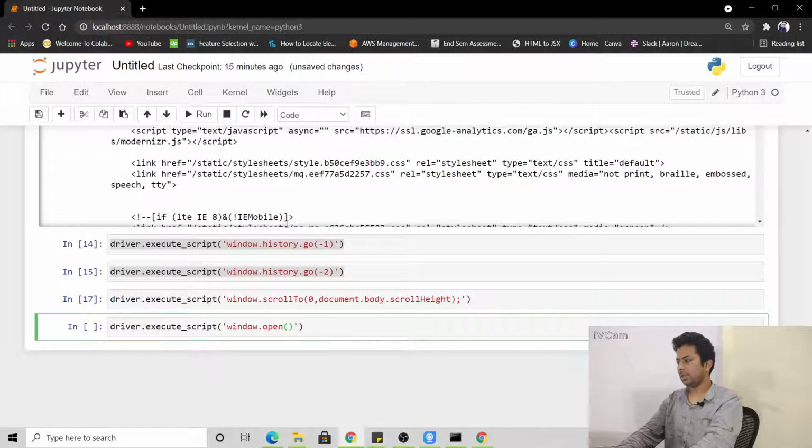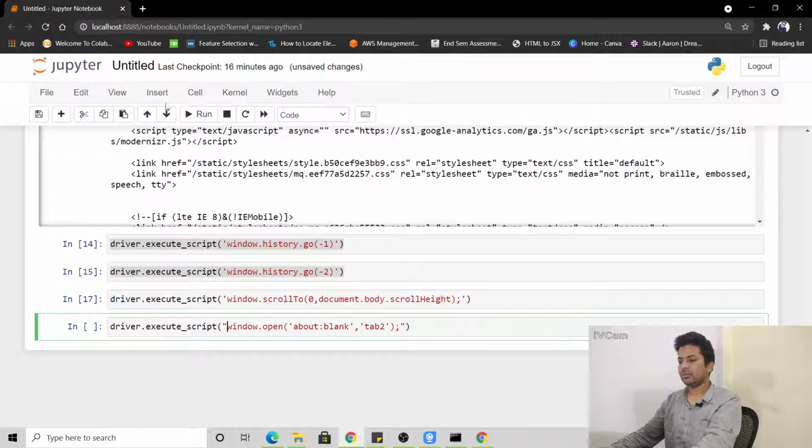So we'll open a blank page, about:blank, comma tab 2, and put a semicolon. We'll make it double quotes, because inside we are using single quotes.